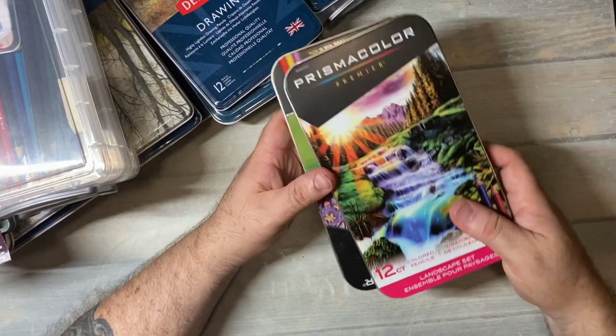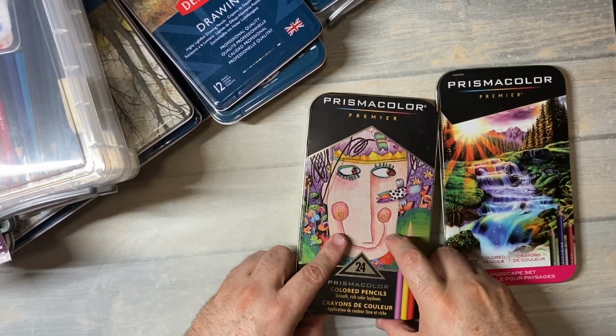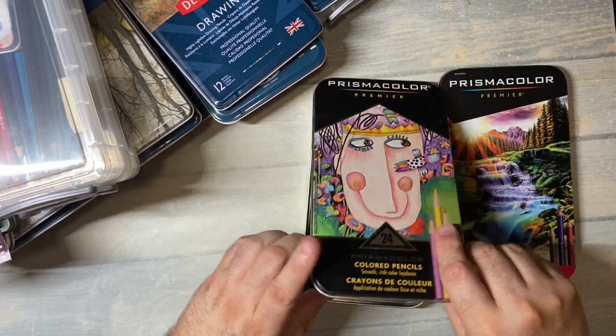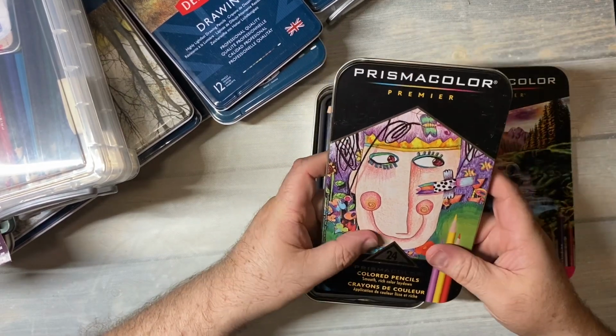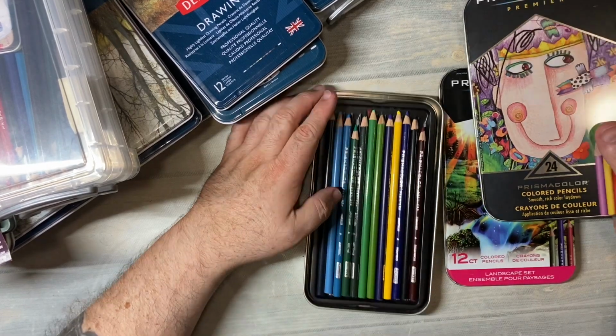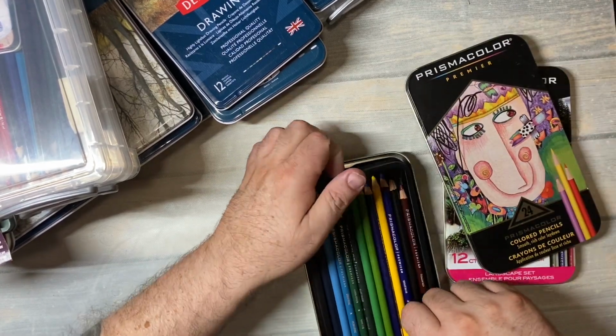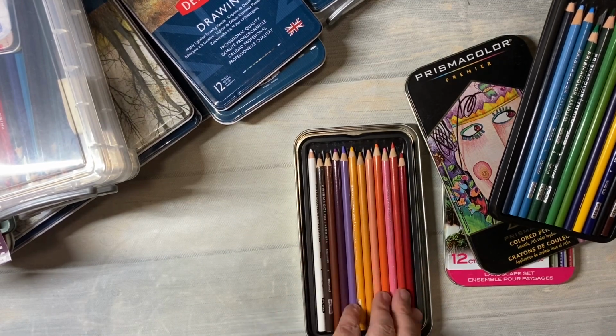Now here's some Prismacolor pencils. One of my first sets of Prismacolor pencils I ever got when I was a kid was the 24 set. And after college and everything, I didn't have those pencils anymore. So I went out, my brother and sister-in-law,